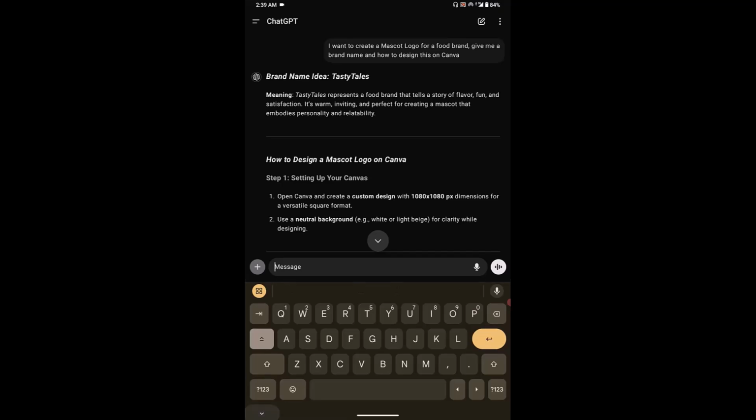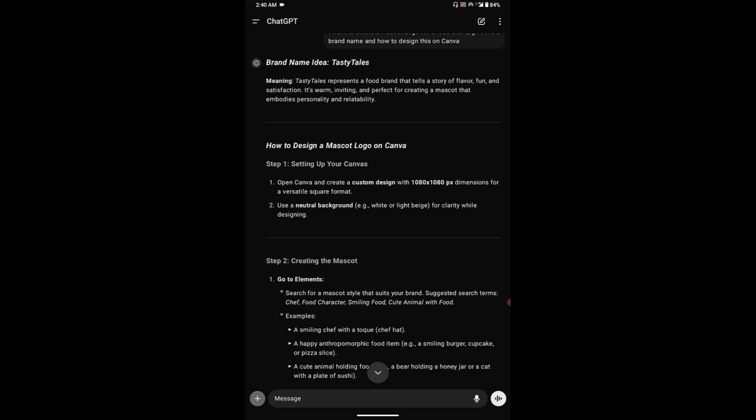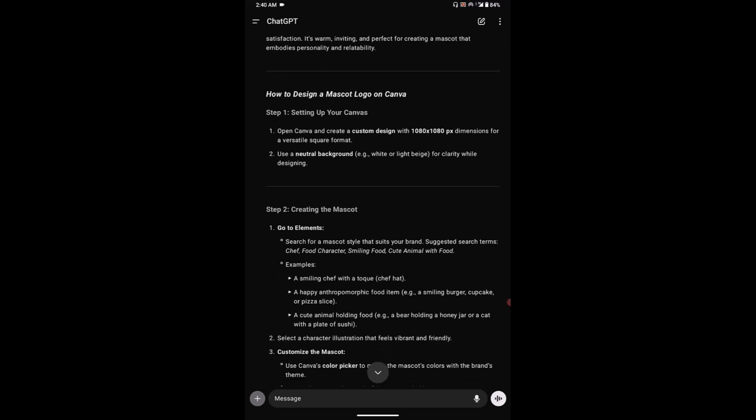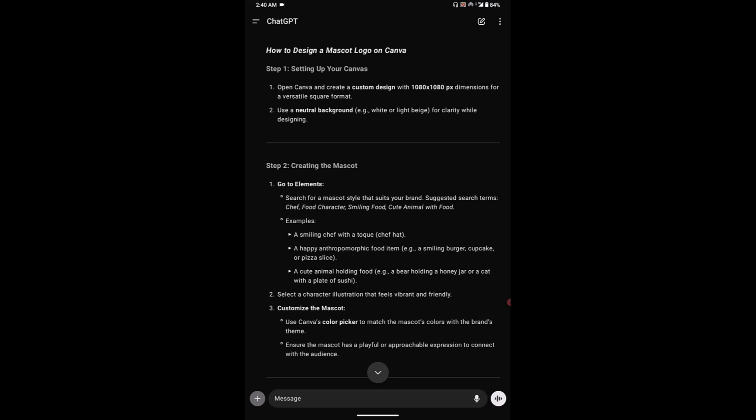So we're going to use a neutral background, yes, a white color, and the name of the brand is Tasty Tales. So we're going to go to the elements for a mascot style that suits your brand. So just search terms such as chef, food character, smiling food. So let's look for a chef. Yes, the mascot has to be a chef. Tasty Tales. So we're going to see a smiling chef with a toque,